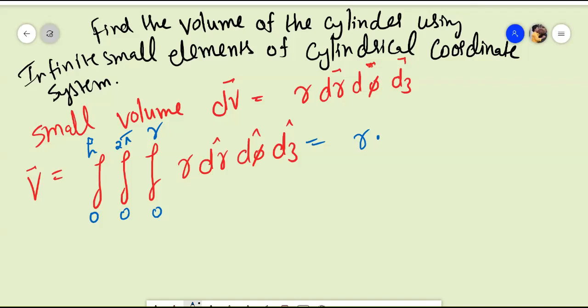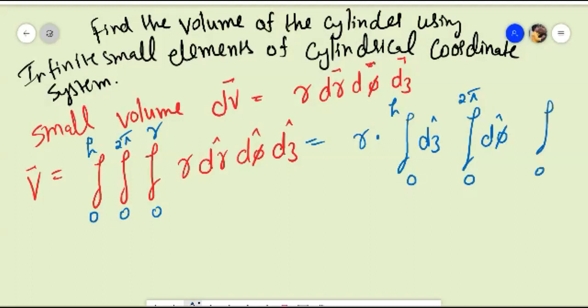So 0 to h for the dz element, and then 0 to 2 pi for the d phi element, and then 0 to r for the dr element, and hence our volume will be equal to